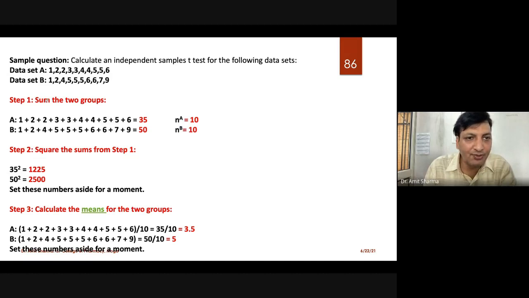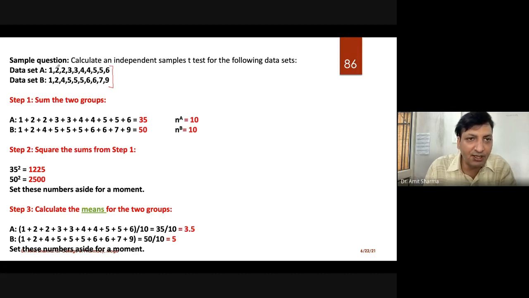So in step 1, for both group A and group B, we have to sum all the values. First of all, if the data is not given in order, from lower to higher, you have to arrange it in ascending order. Once arranged, you can count how many values were given.